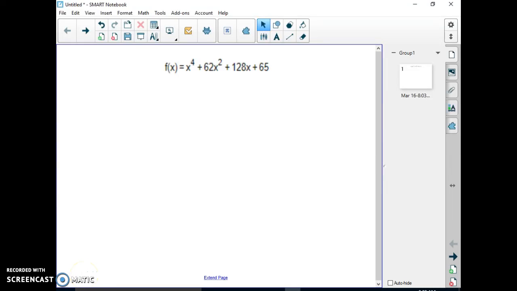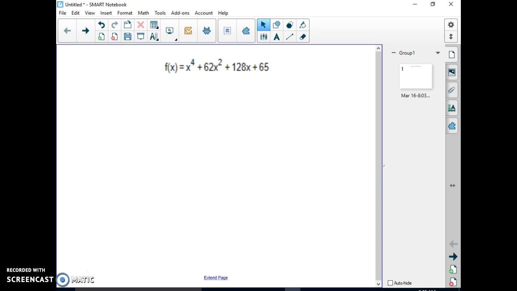Given the function f(x) = x^4 + 62x^2 + 128x + 65, we're going to find all the zeros of this function. The first thing I would do is always graph it, because the zeros are where it crosses the x-axis. If by graphing it you can find all of the zeros, this particular function is going to have 4, it makes the problem a lot easier, and you can just get all the real zeros